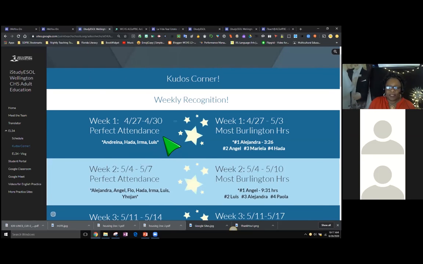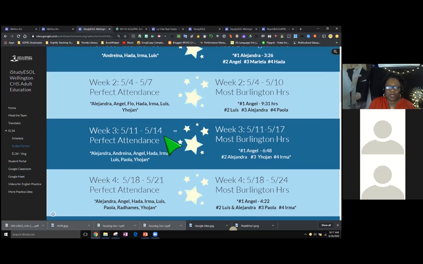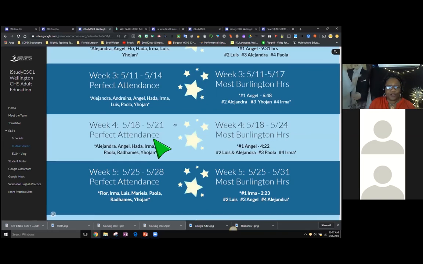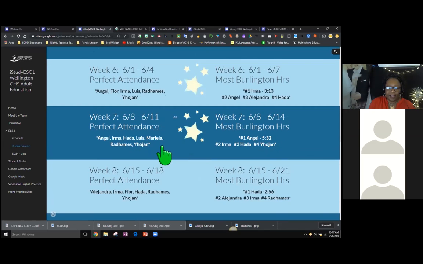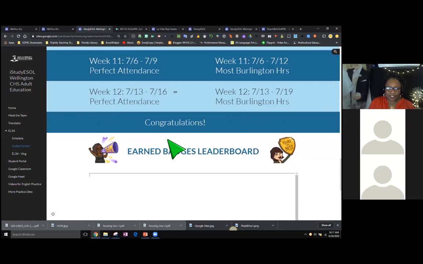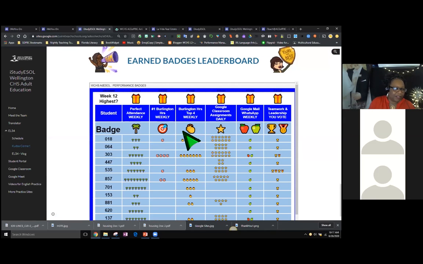So this is one of the things that we do in order to tell the learner, we see you coming each night, we see you making your attempts on Burlington. In addition, these stars and this record is then added to the badges that they earn, so that they can keep track of how they're doing in that way.